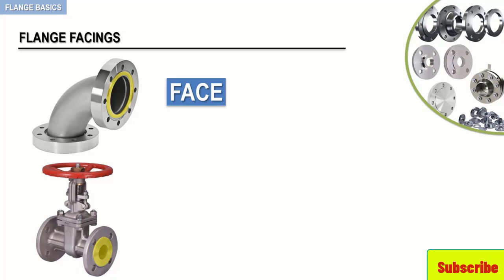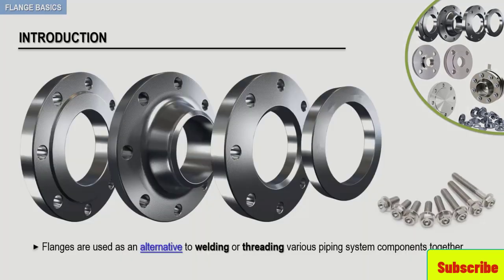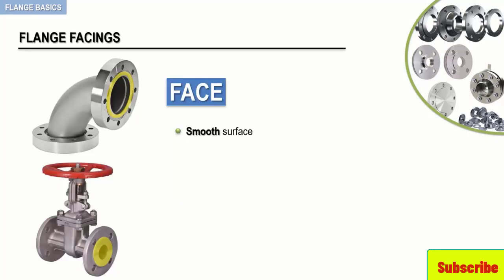Now, keep in mind the face is usually machined to create a smooth surface, and this is an important thing to remember. Why is that? Because a smooth surface will help ensure a leak-proof seal. A leak-proof seal is mandatory when two flanges are bolted together with a gasket sandwiched between them, as depicted in